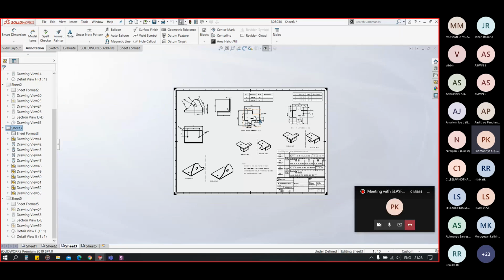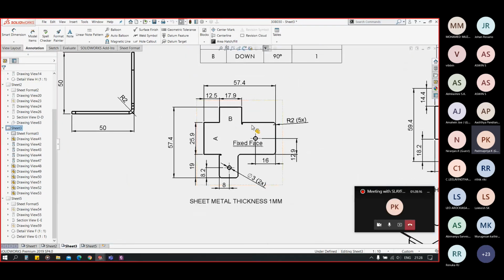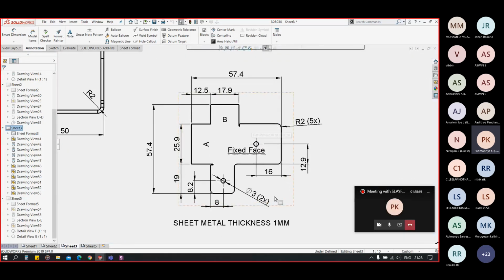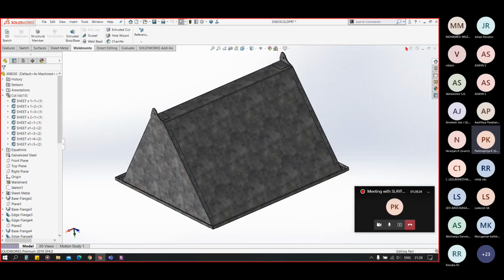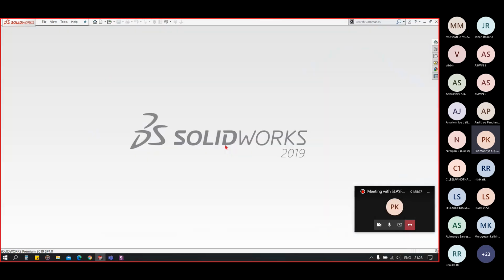Now let me create a fresh drawing for you with a fresh example.